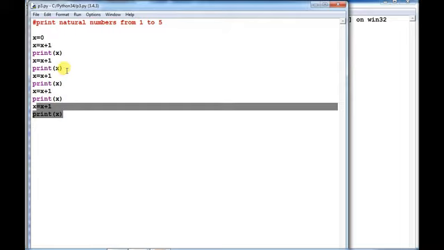In Python, there are two looping statements: for and while. I hope you can understand the need for looping statements. Now we will move to the looping statement.